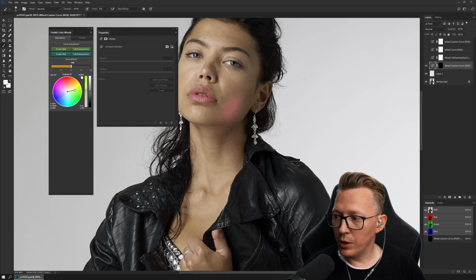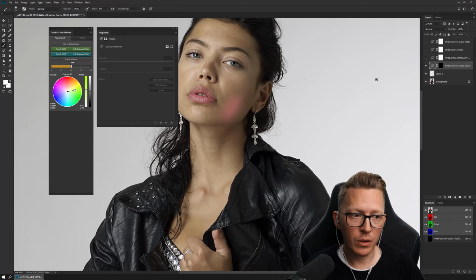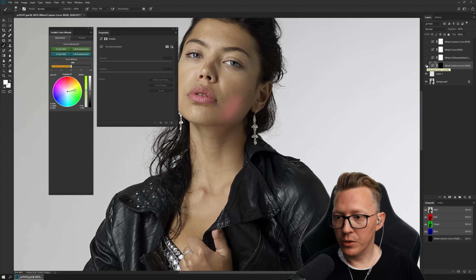The color picker is a really cool feature. It gives you the ability to colorize things. So for example, if you want to copy a grade, you could easily do it by color picking the different shades and then putting in the points at the same places, and then you get a curve that simulates the same colors that they use. More advanced feature, but custom points are very good to know about,